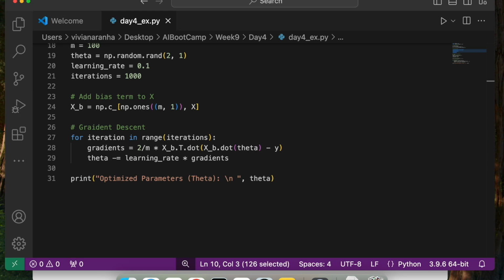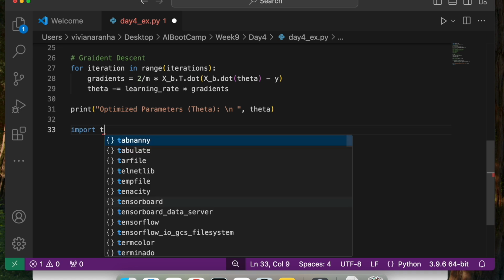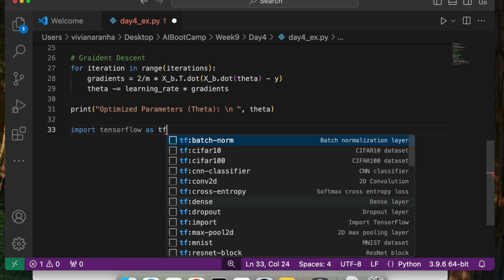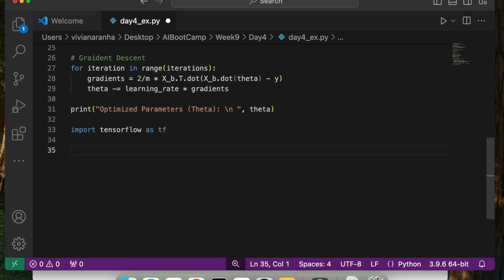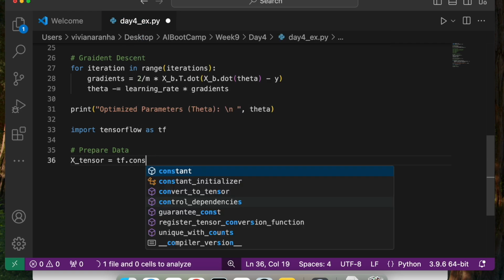Now let's go ahead and experiment with TensorFlow optimizers and how to use them. For implementing TensorFlow, I need to first import TensorFlow as tf. Now that I have TensorFlow, let's prepare the data based on what we have generated earlier. I'm going to say x_tensor equal to tf.constant.